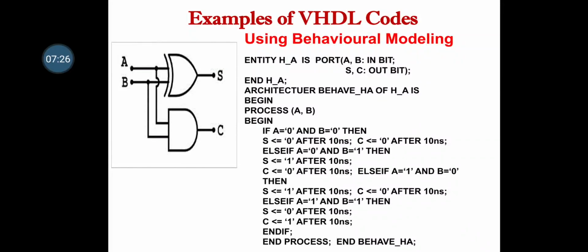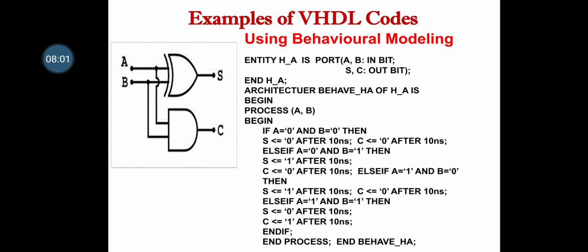Now we will write the same half adder using the behavioral model. Behavioral model means you have to declare the truth table, writing the statements in truth table form. The very first thing is the library declaration, then the entity declaration, the same as before, and then comes the architecture. Since this is the behavioral model, we have to use a process. So begin and then process. The process always comes after the begin word.